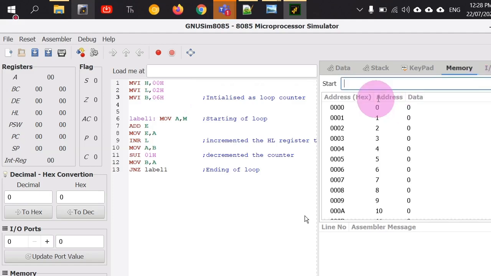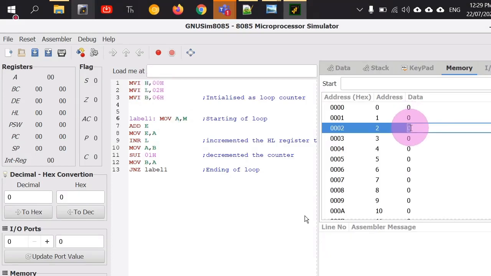What my intention is, I have designed a loop. All of you know what is the usage of this label. I have told you this in the previous laboratory, that a label is just like a bookmark, right? It is not something which is executed inside a code. We will talk more about labels when we have further laboratory sessions. But for now, a label is just another name for this particular line, MOV A,M. So I have defined label 1 here, and what it is doing is taking the data from this location 0002H into the A register, right? And let me just keep this data here. First of all, let us take some data here, and let me keep 1 here.